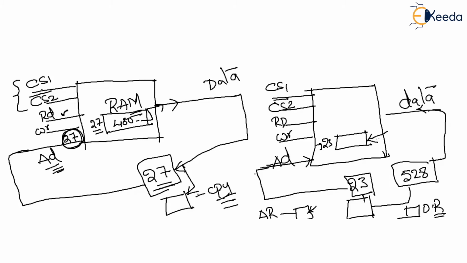So here writing is performed, which means that the CPU is going to enable the write pin. It is not reading now, we are writing right now. That means the write pin will get enabled. So when the write pin gets enabled, under the address which is specified by the address bus, the data which is available in the data bus will be written. That's it. Okay, so this is the thing.